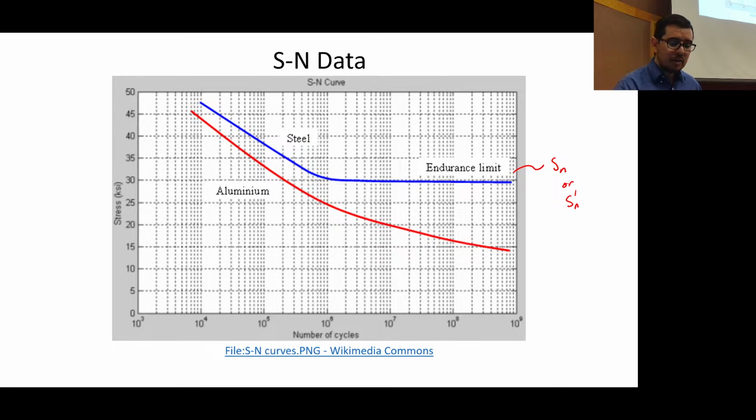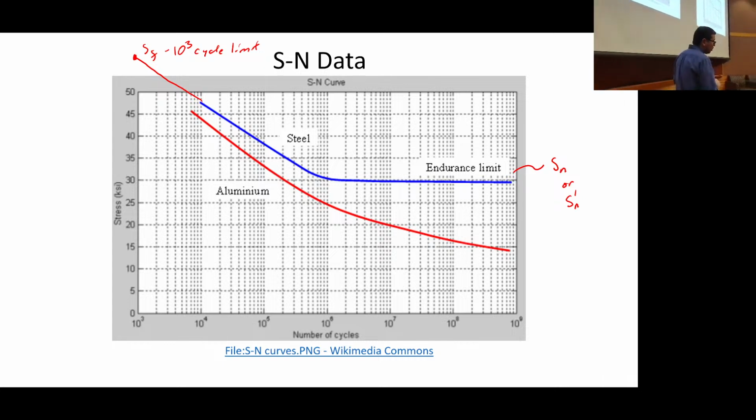And right here, we call this the S-F, the low cycle fatigue limit. This was 10 to the third. Well, in this case, I guess this is 10 to the fourth, so it'd be up here somewhere. So this is the S-F, 10 to the third cycle limit, the low cycle fatigue limit. We've talked about this at some point. Low cycle fatigue